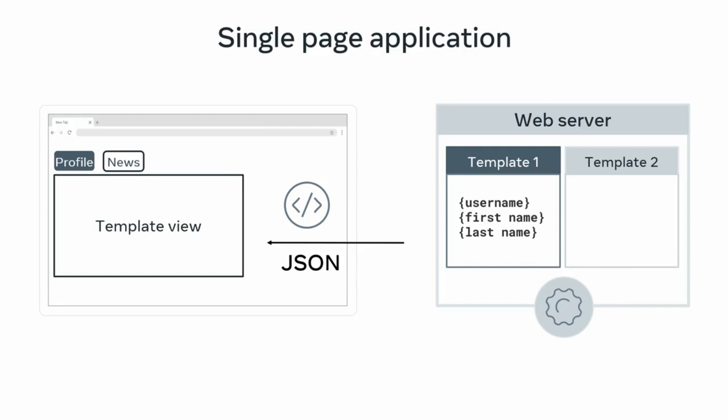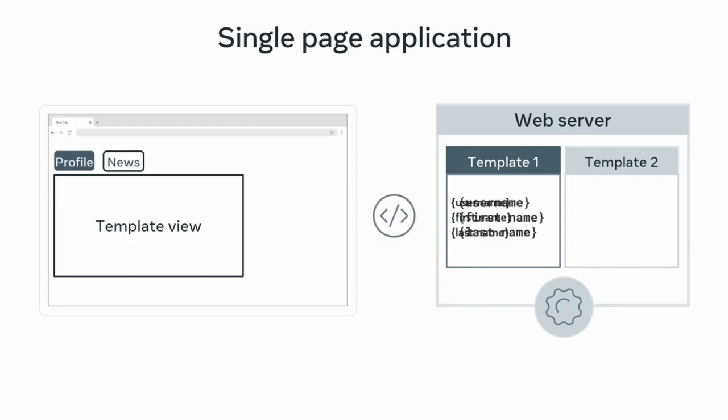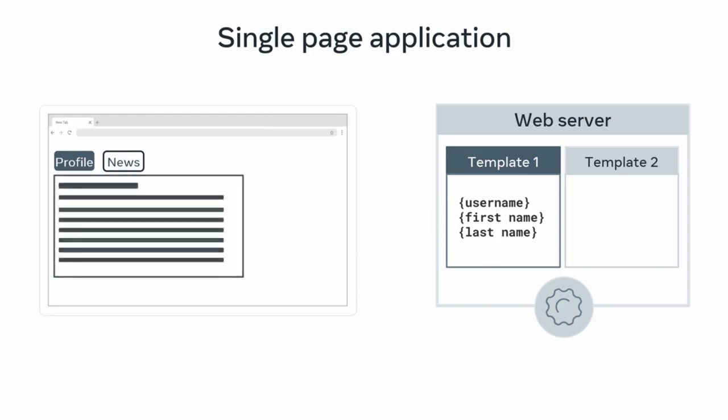This is much smaller than sending an entire web page. The web browser then updates the web page by inserting the template with items replaced by the values in the JSON object. For your next website, consider whether its complexity suits a traditional multi-page application or would perform better as